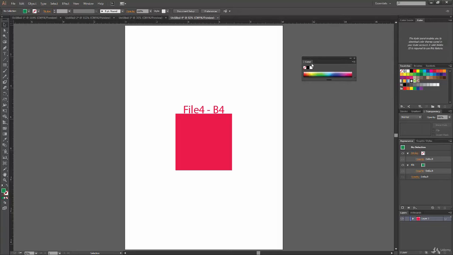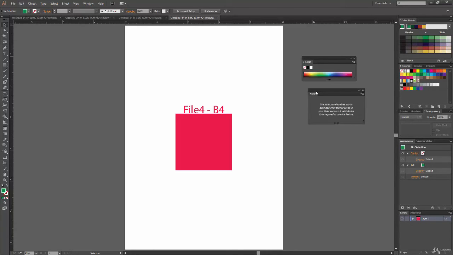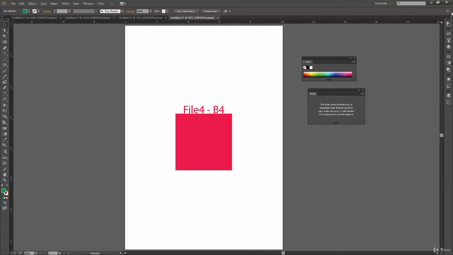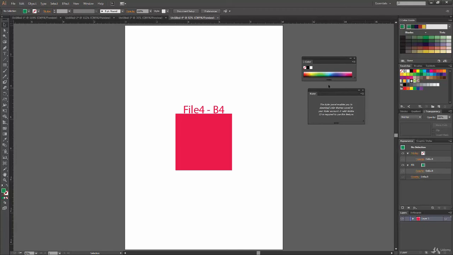So it's very simple. Just click on the name of a panel you want to take out and just drag outside the panel bar. You will see that something is coming out with the mouse cursor, and that's it. When you release it, it's out of the panel bar. So now if you close your panel bar and open it, it doesn't affect these two panels.